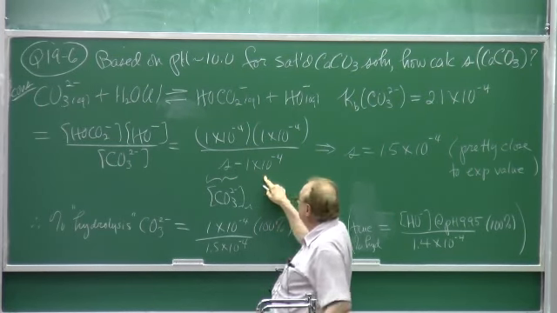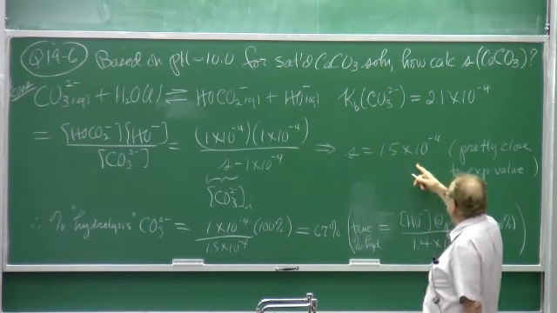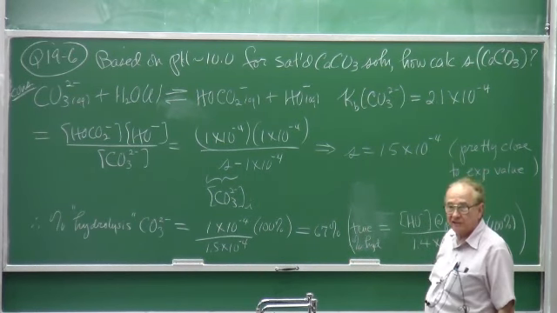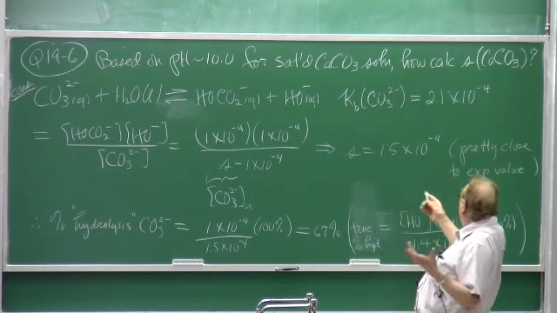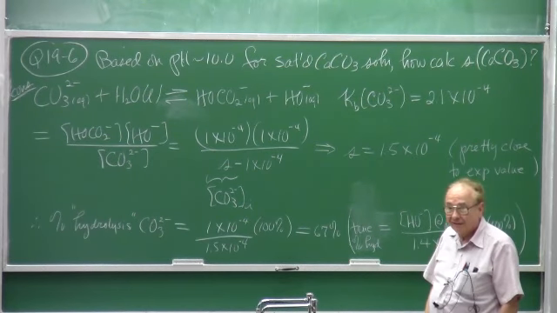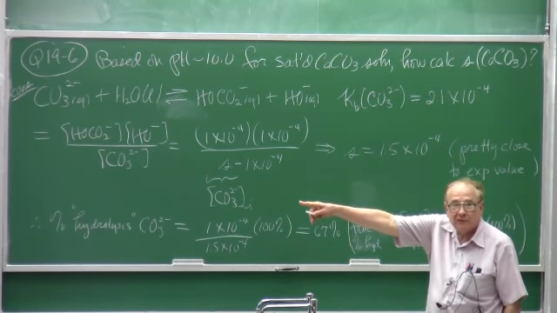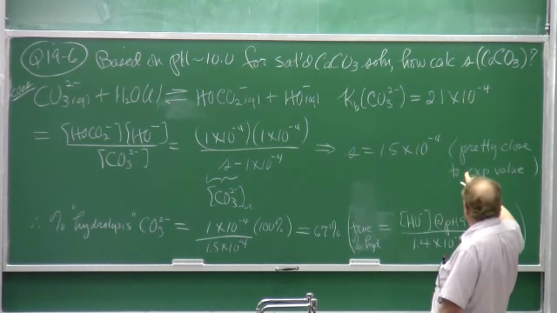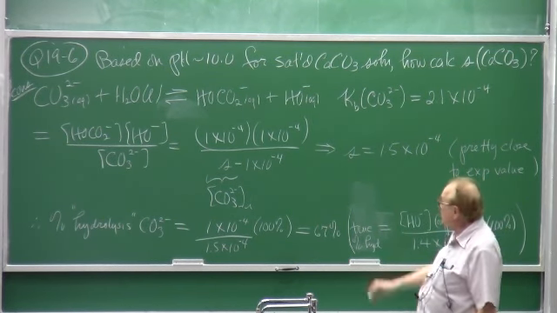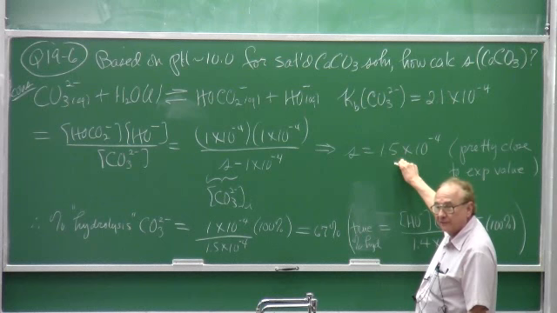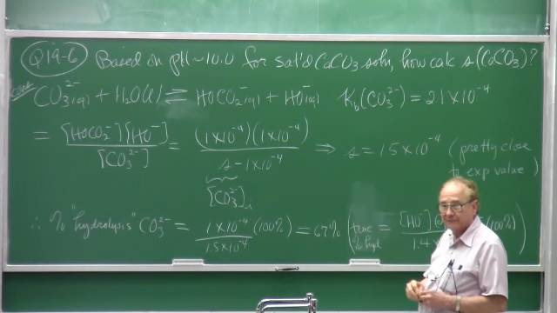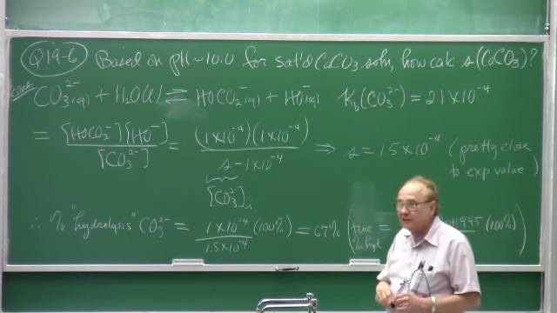1 times 10 to the minus 4. So I do this arithmetic, I get 1.5 times 10 to the minus 4 if I cheat on sig figs. Hey, that's not bad. Our experimentally measured value, the 2 sig figs, is 1.4 times 10 to the minus 4. So this is ever slightly greater than the true solubility. Ever slightly greater. That tells me